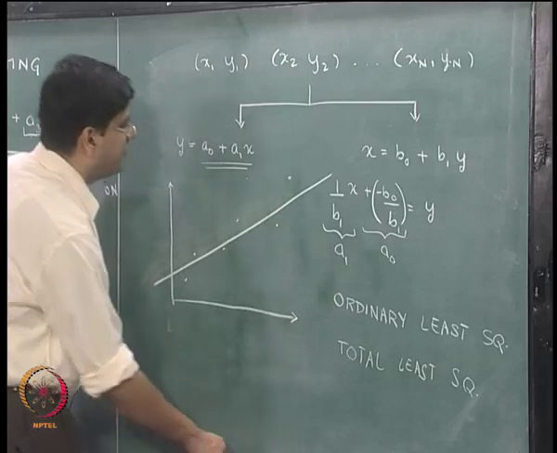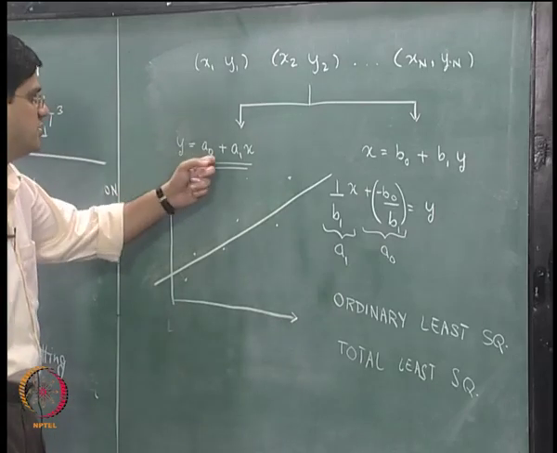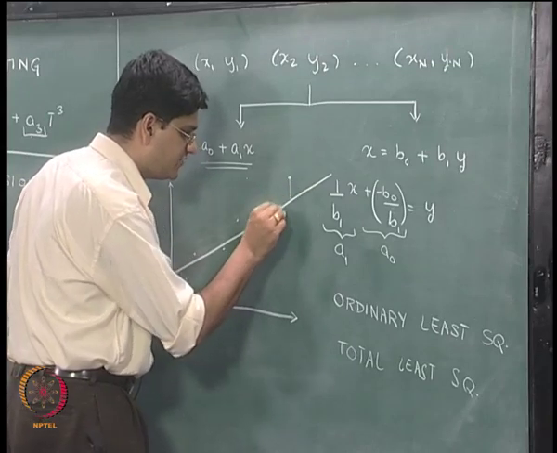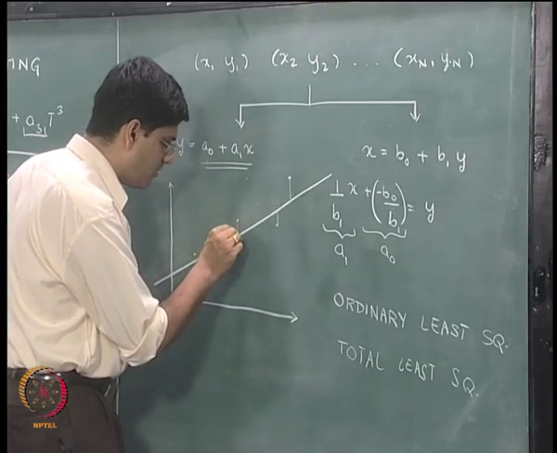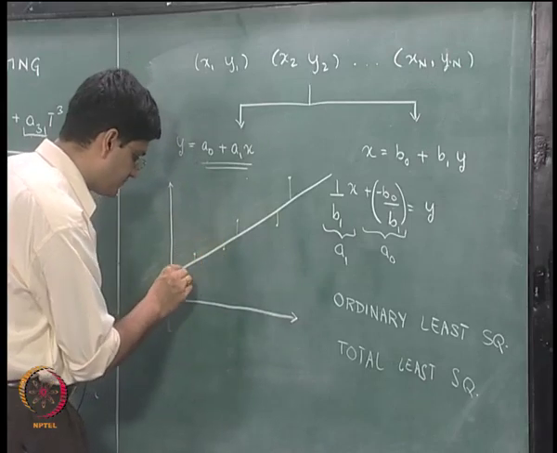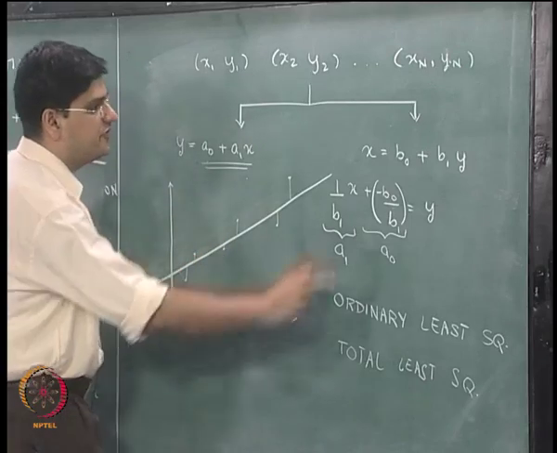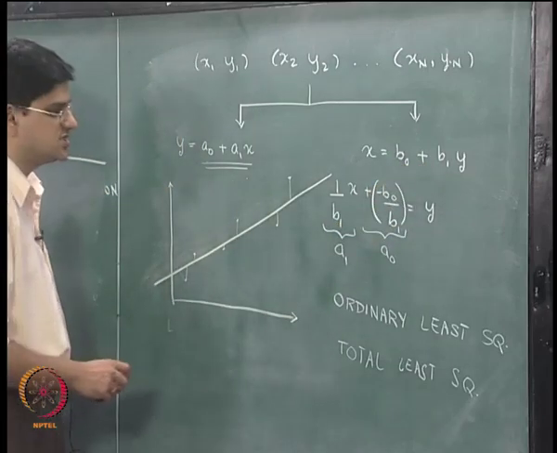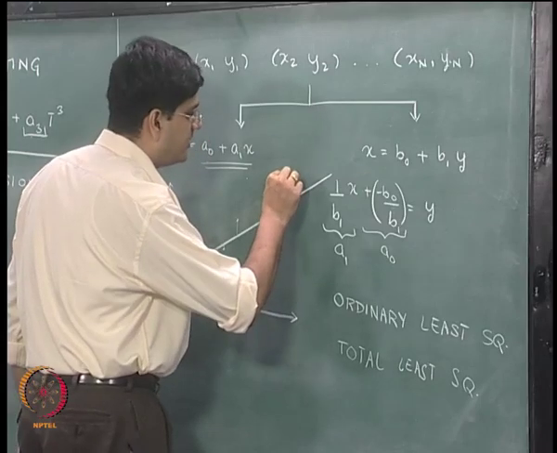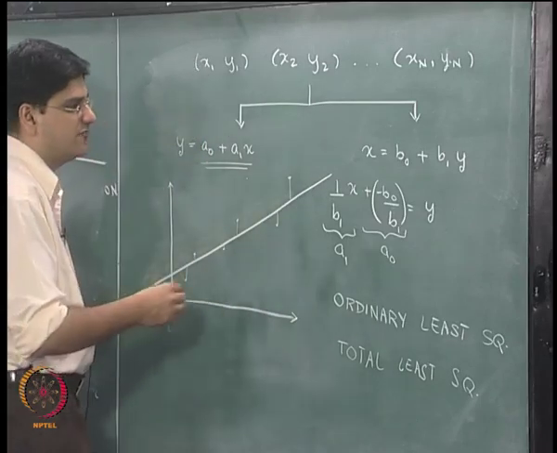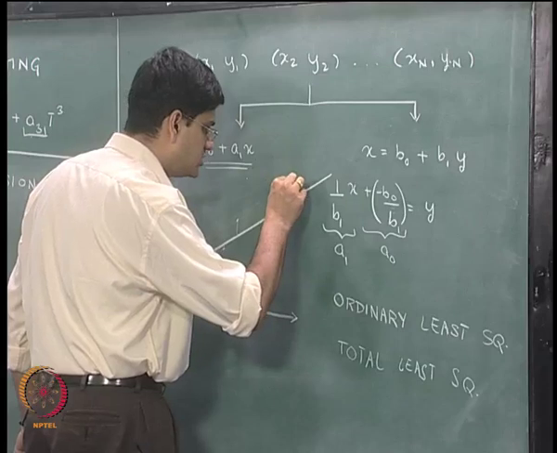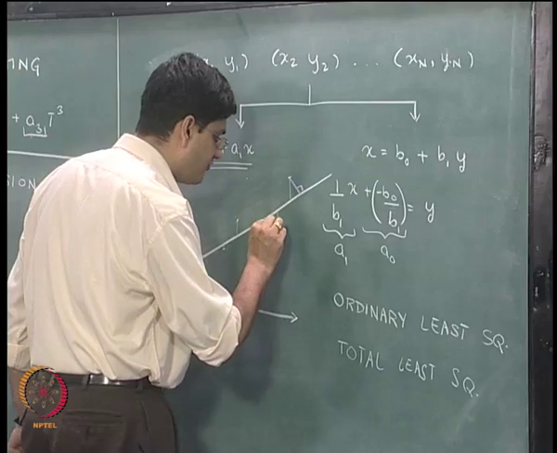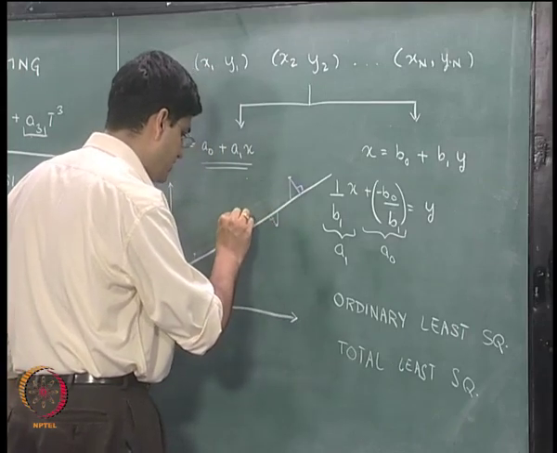So what we have seen when we are trying to fit y equal to a0 plus a1 x is that we had minimized the vertical distances that I am showing as thin white lines. And when we fitted x equal to b0 plus b1 y, we minimized the horizontal distances. Another alternative is, if there are errors in both x and y variables, what we may want to do is minimize the perpendicular distance of that data point from the line that we have drawn over there.